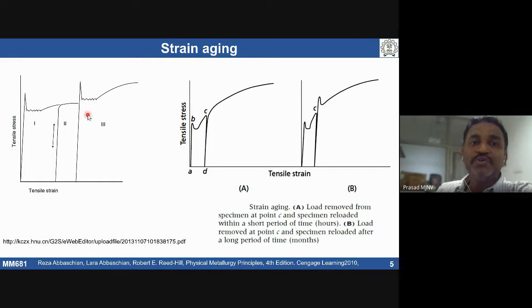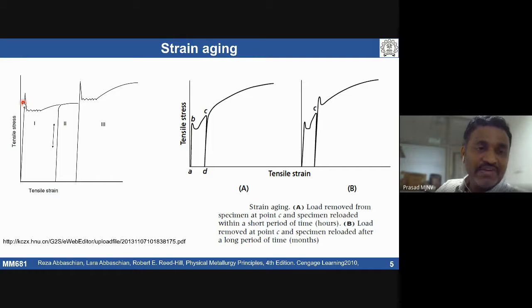So during static time, not only the extra dislocation density, but even more and more solute atoms may be available. Assume that some more solutes are available than the initial dislocation density requires. Assume that a very small amount of dislocation density is there, but you have more solute atoms than required. So we need only, as we said, 0.04% carbon is good enough